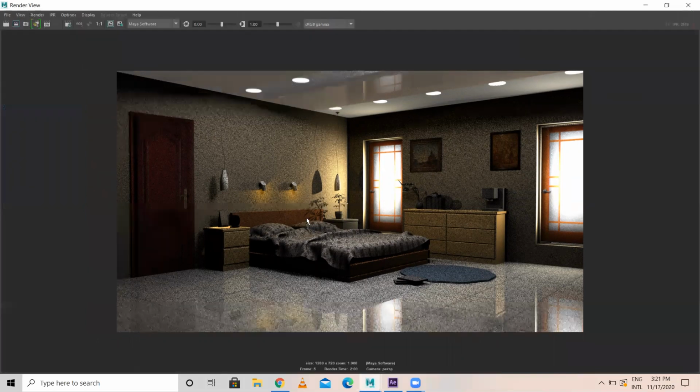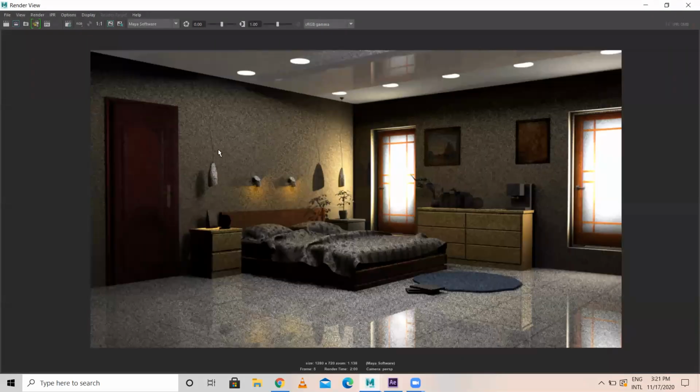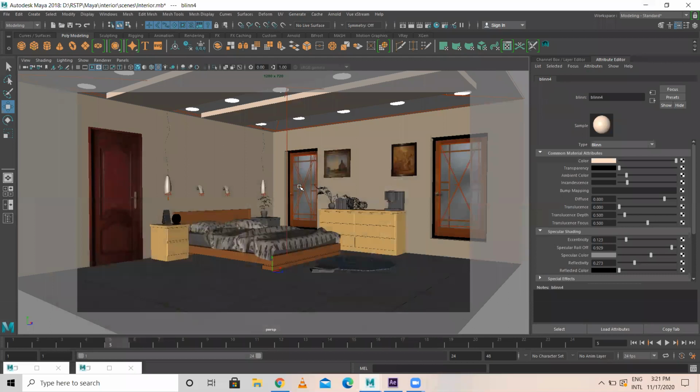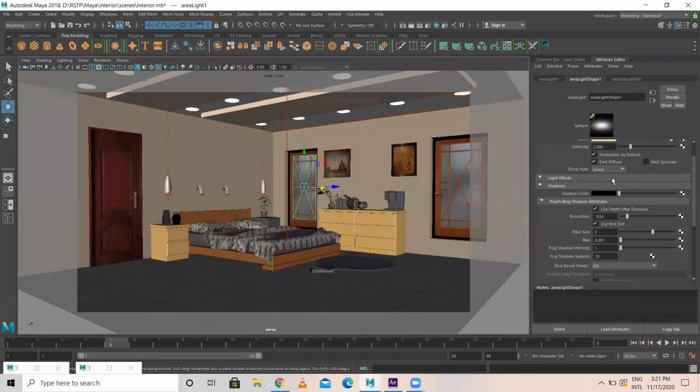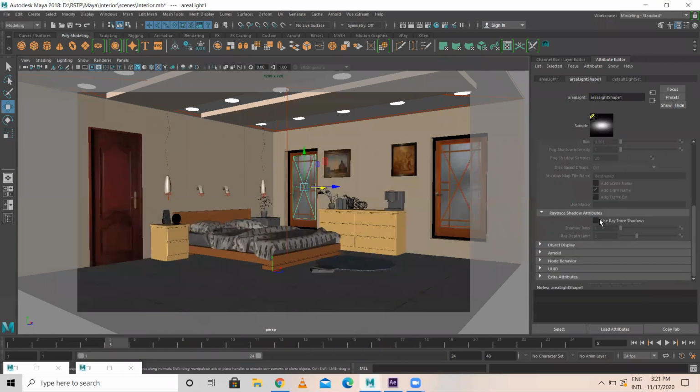Okay, guys, this is the output you are getting, because this is a depth map shadow. I will turn on ray trace shadows now. See, I select this. Instead of depth map shadow, I turn it off. I switch on ray trace shadow. And I select this, I switch on again ray trace shadows here.